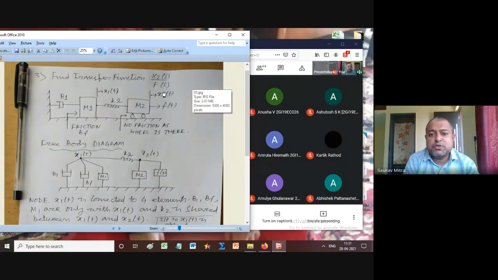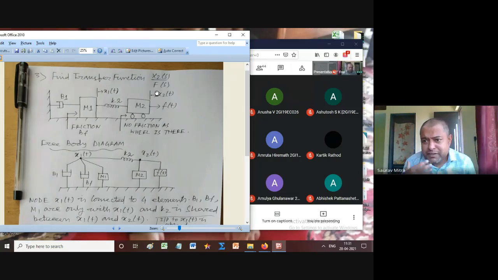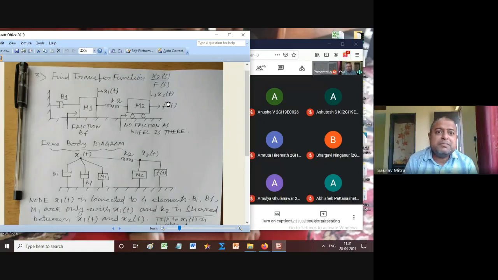Transfer function is nothing but x2(s) divided by F(s). I can also ask you x1(s) divided by F(s). I don't know from which point I'm going to take the output. You can take the final output from x2 as well as from x1. So x2 and x1 are the variables, and either can be your final output. There is nothing fixed that x2 has to be the final output. The final output depends on the user, whatever the user defines. Input is F(t), that is fixed. Sometimes I can ask you to find the transfer function x2 by F, sometimes x1 by F. That is also possible, so don't get confused.